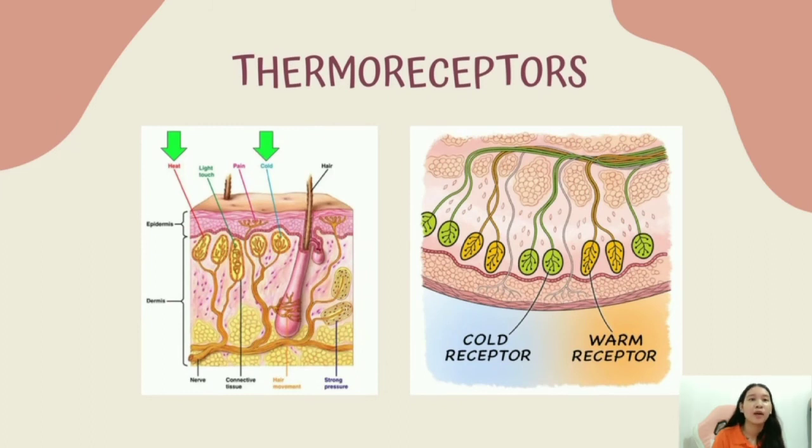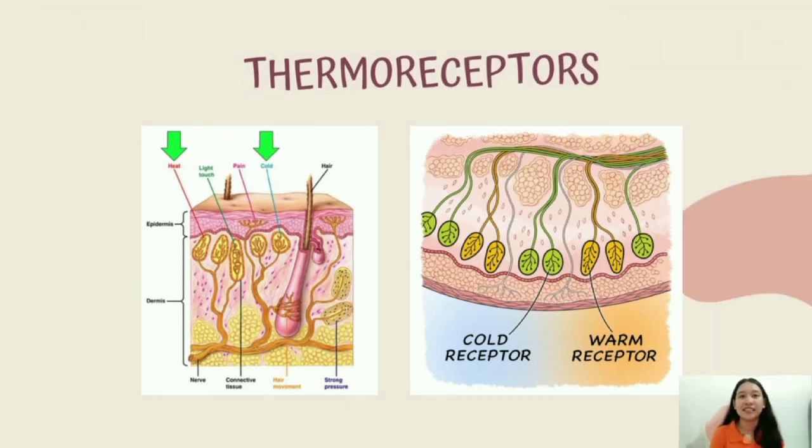There are three main groups of receptors in our skin. First is the thermoreceptors, or the sense of temperature. They do this by changing their level of activity. For example, if the temperature becomes colder, thermoreceptors that sense cold will be more active than the thermoreceptors that sense